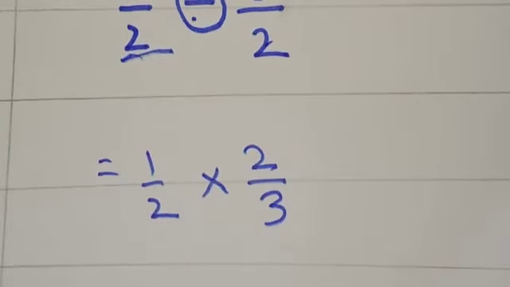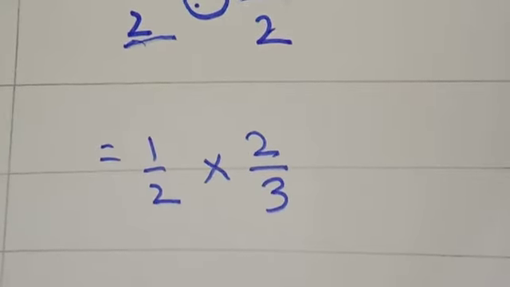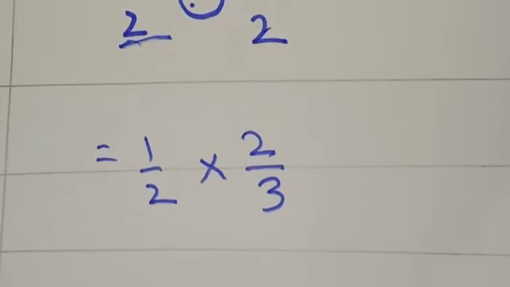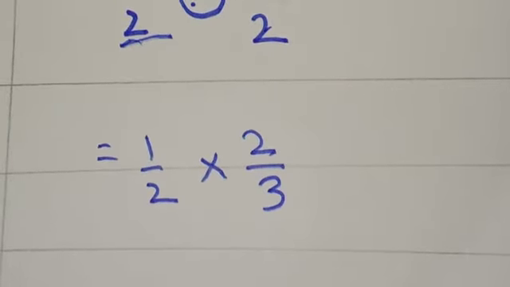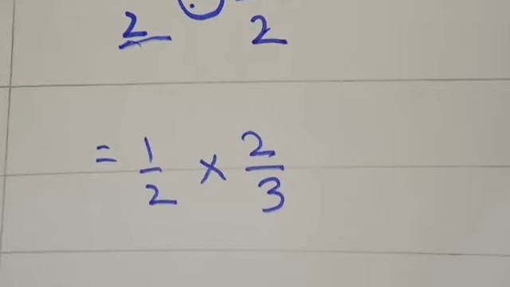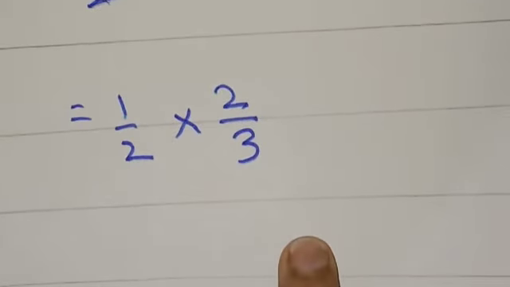Now why do we do that? We take reciprocal because division of fraction is difficult, right? We have to do a long procedure, but if we take reciprocal and change the division sign into multiplication, you know that the easiest thing in fractions is multiplication of fraction, because in multiplication we don't need to equalize the denominators, and we just need to multiply numerator by numerator and denominator by denominator, or we can do cutting if it is possible.